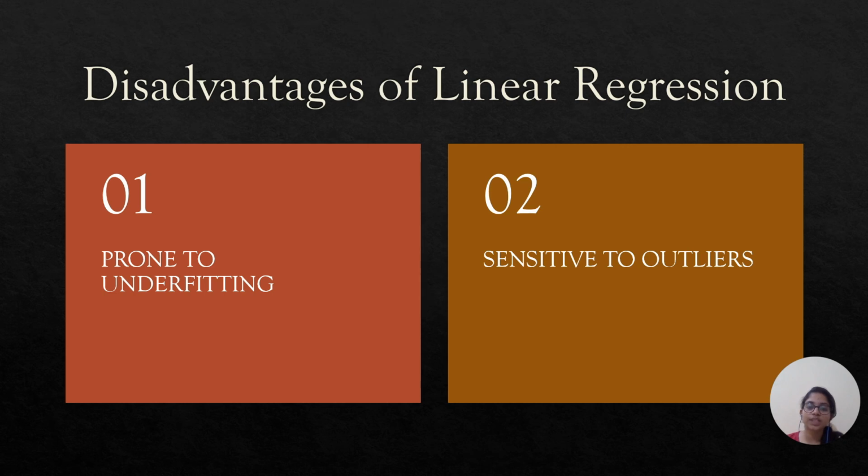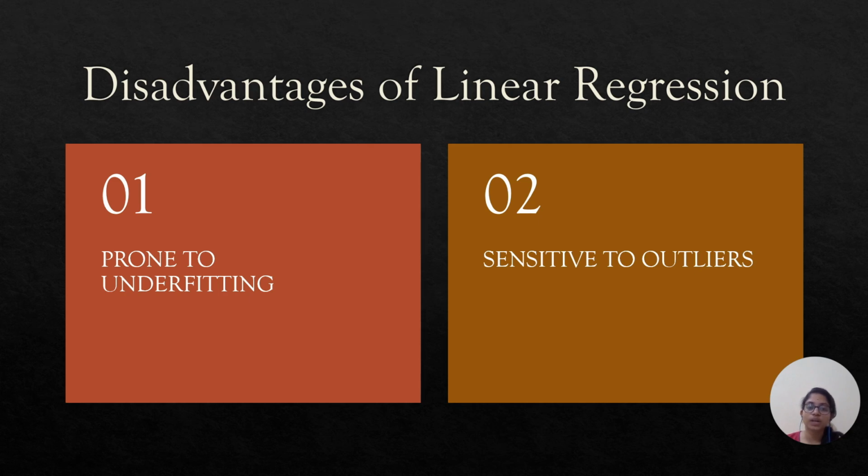Since linear regression assumes a linear relation between the input and the output variables, it fails to fit complex datasets properly. In most real life scenarios, the relation between the variables of the dataset is not linear and hence a straight line doesn't fit the data properly. In such situations, a more complex function can capture the data more effectively. Because of this, most linear regression models have a low accuracy.